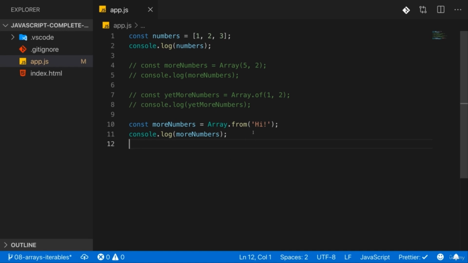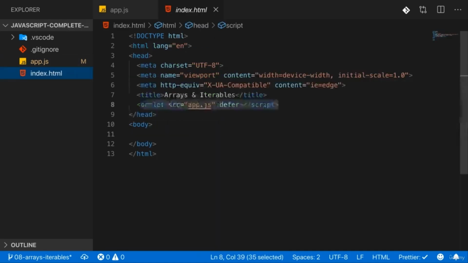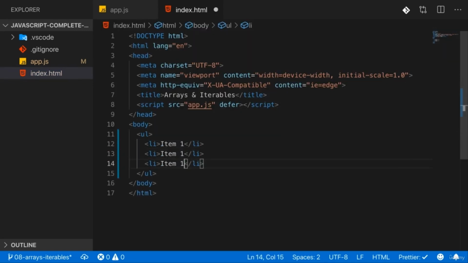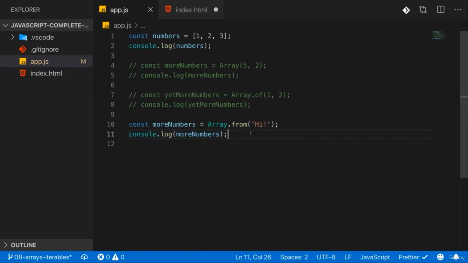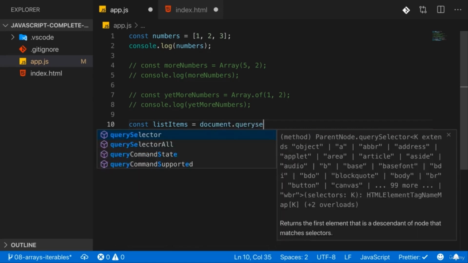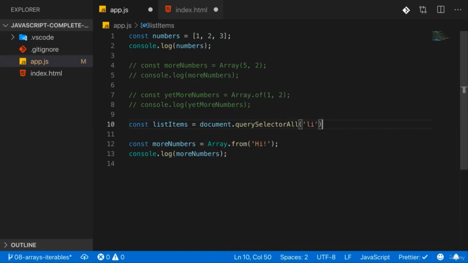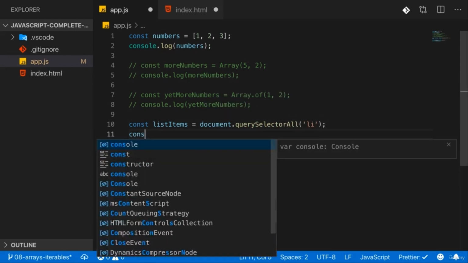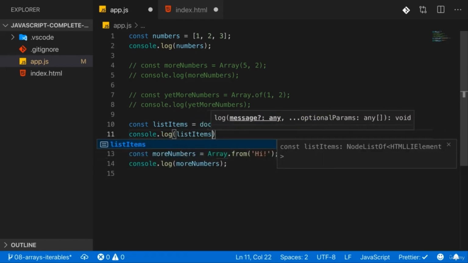It's a lot. This method is also useful if you have, let's say, a couple of elements in the DOM which you want to select as a node list or as an HTML collection, as you learned in the last lecture. And then you want to do something with these nodes which you can only do with a real array. So here, for example, I can have my list items, and I can get them with document.querySelectorAll li. This will select me all list items. But as you learned, this gives you a so-called node list. If I console log list items here,